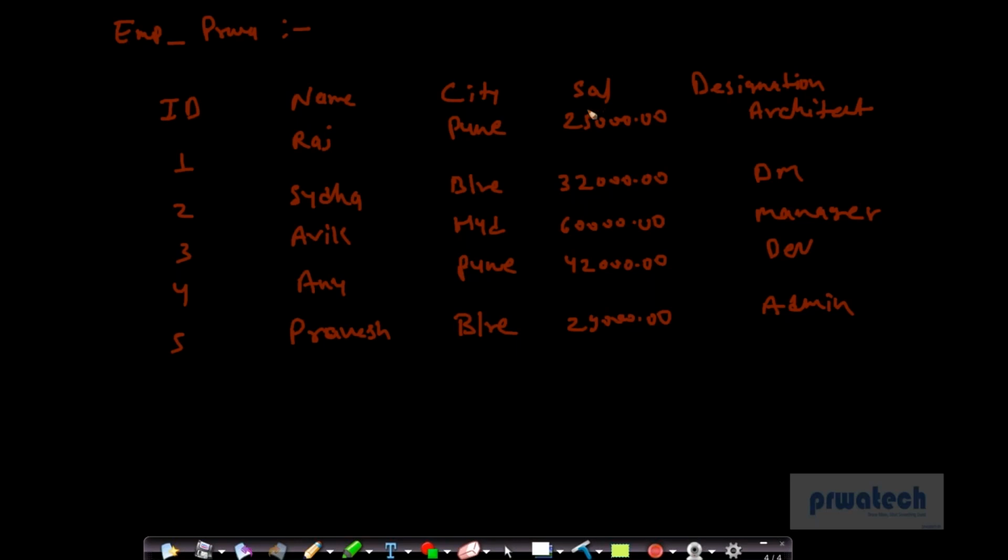So order by, if I use salary, it will take this first, then this first, second, third, fourth, fifth. Order by will take in an ascending order if it is a numerical value. If it is city, in a lexicographical order, B will come first, then B again, then H, then P. Okay, we know alphabets. So they're working column by column. But if I'm doing group by, what is my query saying? Group by